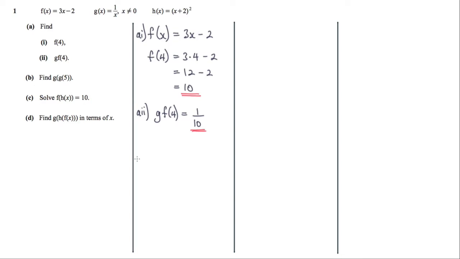Looking at part B, we have g of g of 5. Well, let's find g of 5 first. So g of 5, so wherever we see an x, we're going to replace it by 5. So that's simply 1 over 5. Now g of g of 5,